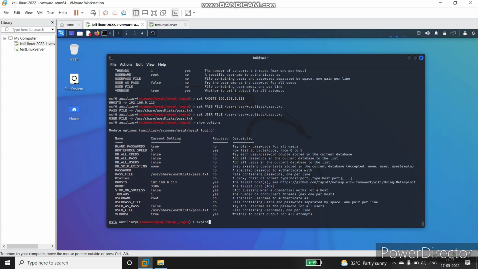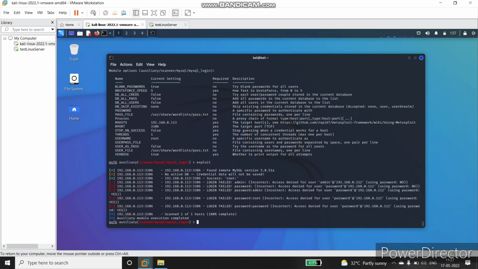Now we just have to give exploit. To give exploit, it will run. Now we can see there is one green flag here. That says the root login is a success. So it has identified the login session. In order to use that,